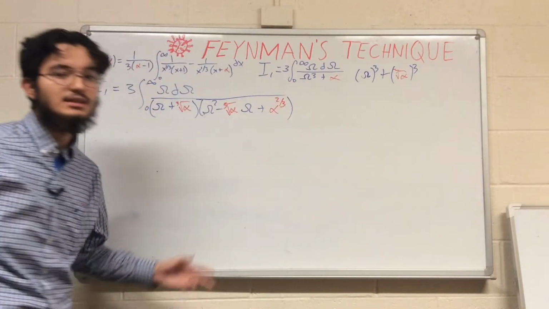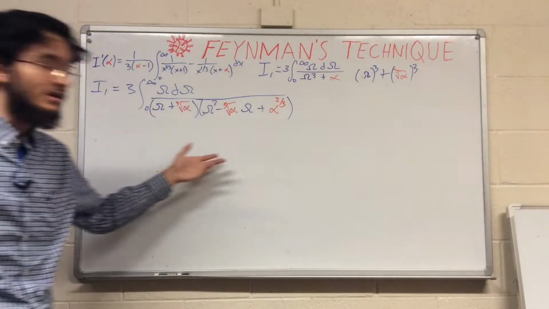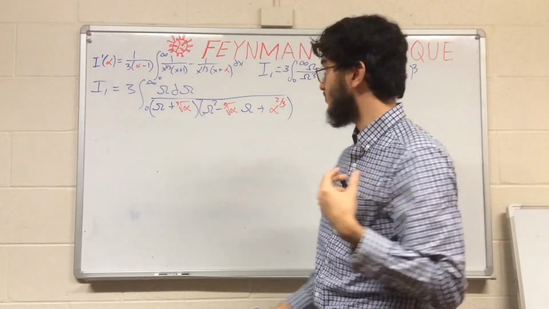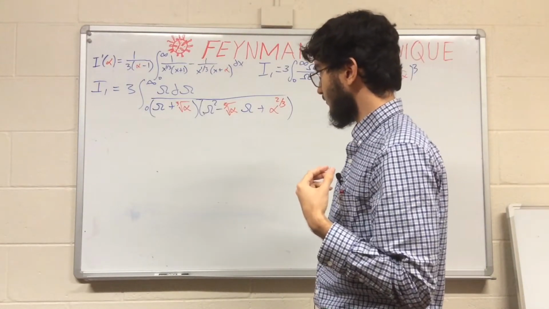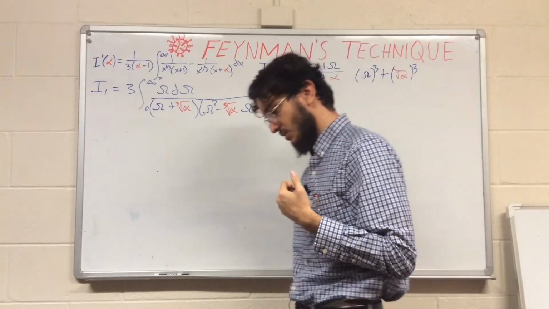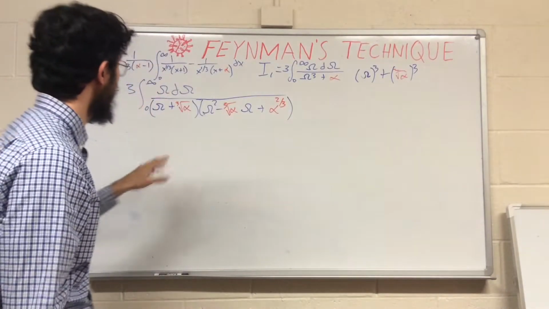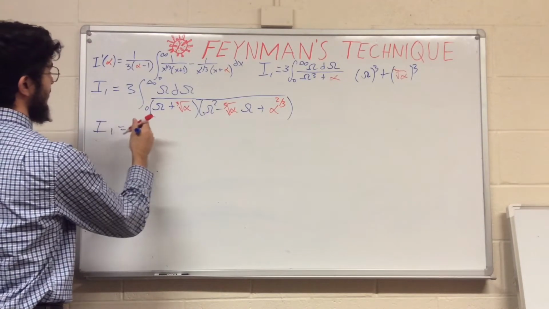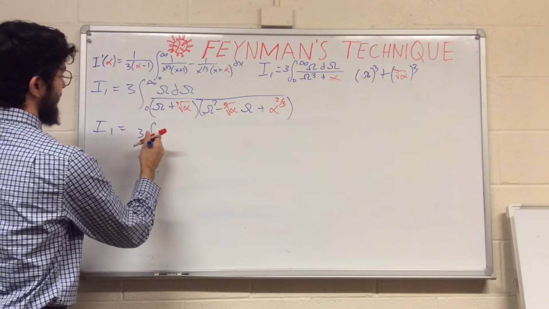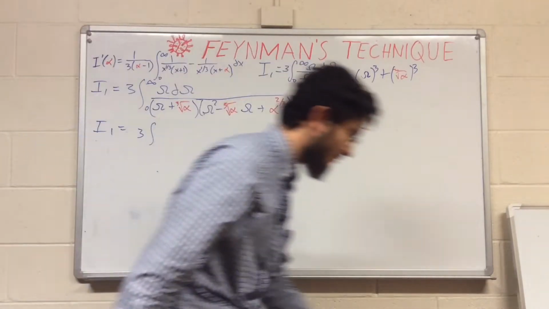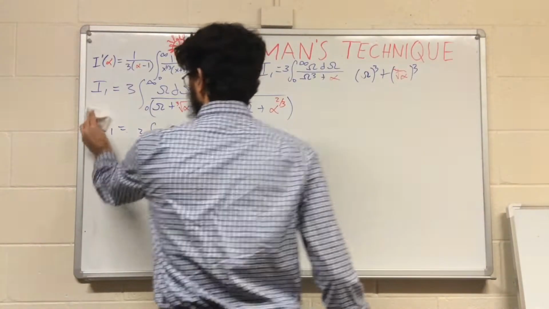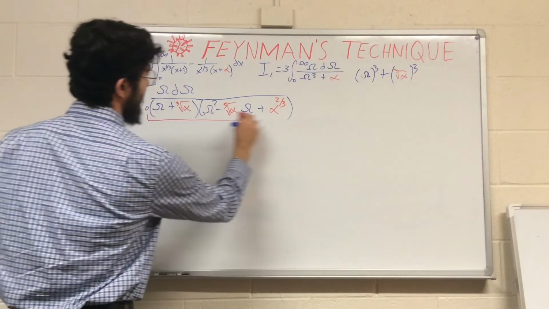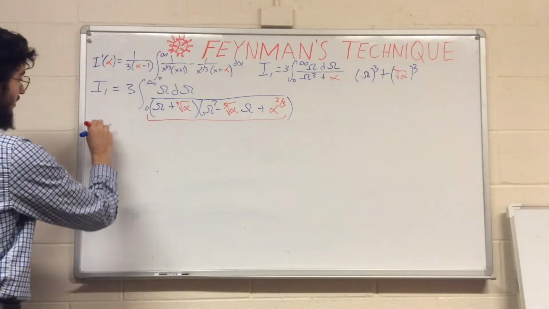So this is going to be the integral. This can be trivially done by using, again, partial fraction decomposition. For this case, we're going to do the same thing. So let's see, we have now that I1 is equal to 3 times the integral, but let me first do the partial fraction decomposition. That means that we have the integrand over here, little I,